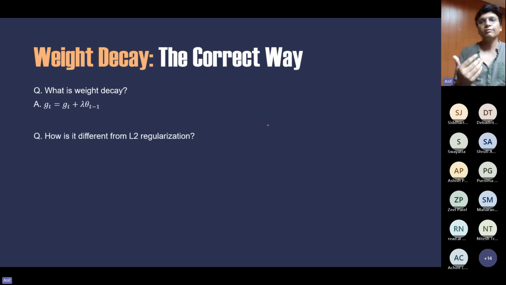So people have, and I looked at this on the internet, if you look at some blogs, they'll confuse weight decay with L2 regularization. It's not their fault because if you look at L2 regularization, it kind of looks like this. So y cap minus y, you have whole square, and then you would have, let's say, 2,